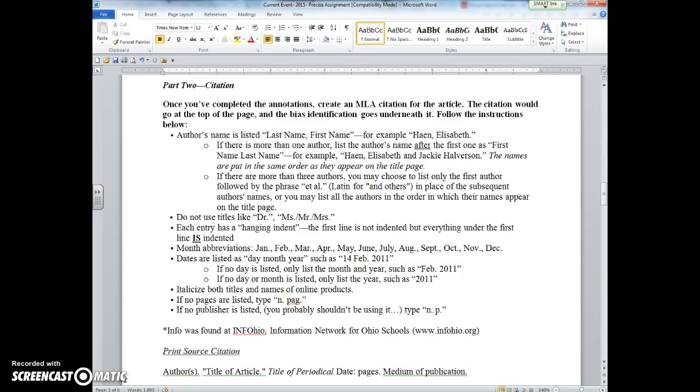And be careful and wary of places like bibme.com or easybib.com. I find that students don't even know how to fill out those blank spaces, and so the citations are a loss. The citations don't even look good because you don't know how to use that information, that source. So do not go to those sources, because then you will also know more intimately how to read a citation once you know what you're looking for. Once you know how to complete one, reading citations and understanding them becomes immensely easy.